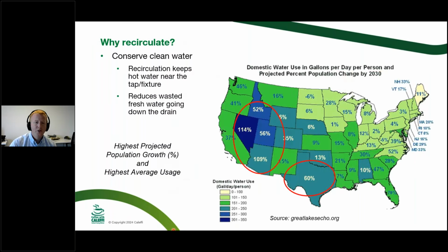So from there, we're going to jump into kind of the why we recirculate. And this is one of my favorite graphics that I use in a lot of presentations when we talk about water conservation in general. It might look a little bit congested here, but it's telling us the projected population growth by 2030 and also the average daily usage for domestic water. What I find so interesting is that you look at the Southwest and you see a huge uptick in projected population growth, but you've also got these areas that are so susceptible